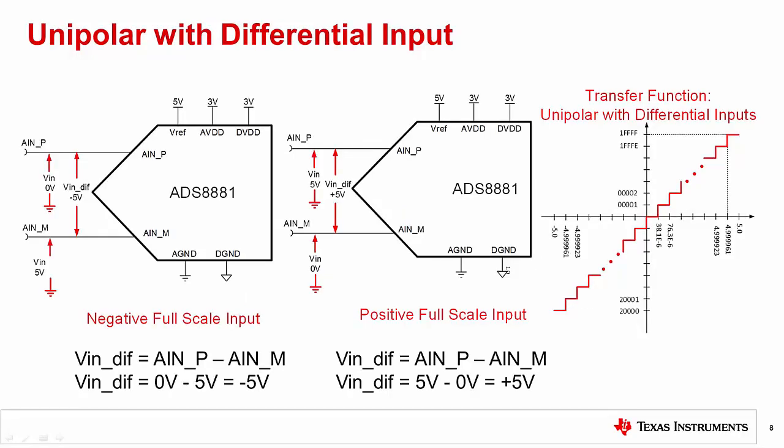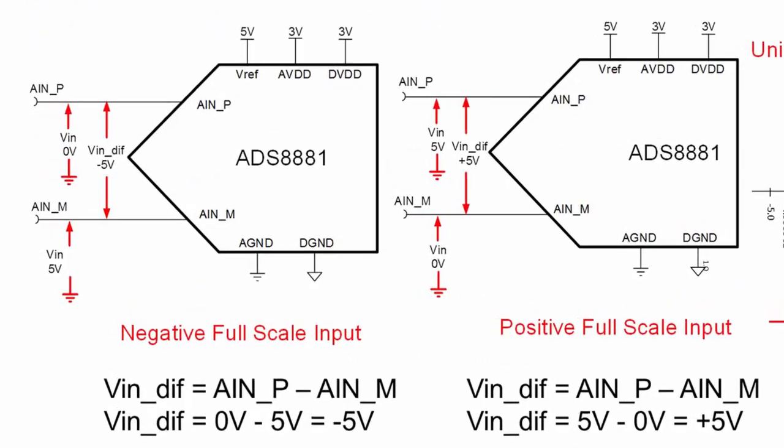When looking at a differential input ADC, you might assume that the ADC is bipolar because the differential input range includes negative and positive input signals. This is not necessarily true though, because a bipolar or unipolar device is determined by looking at the input signal with respect to ground, not the differential input signal range. The example shown here shows how a unipolar ADC with a differential input can have both positive and negative differential signals, even though both inputs are always above ground.